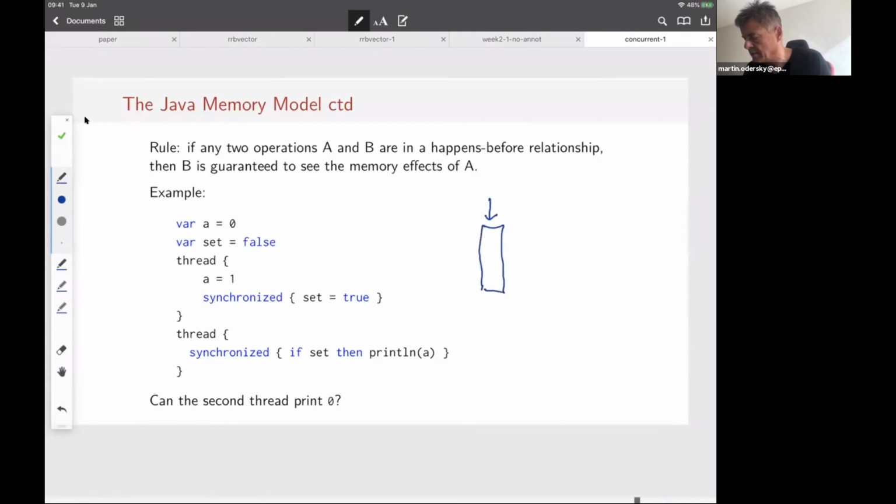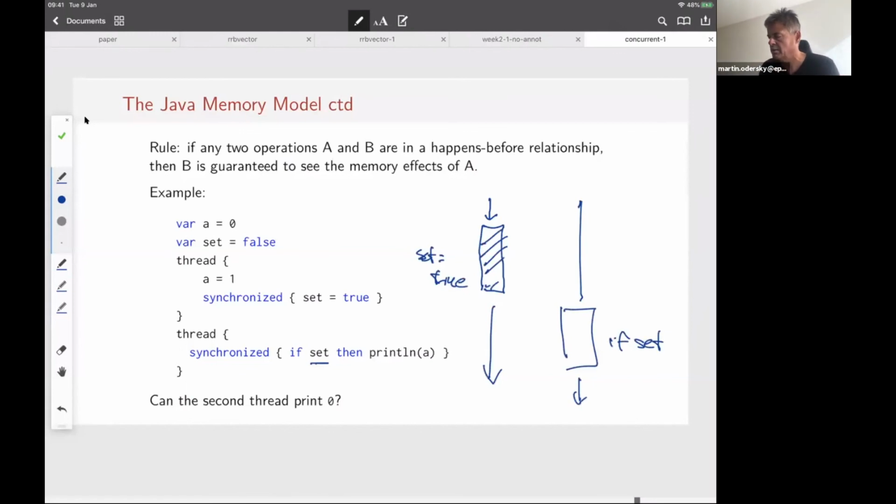Let's see. So if we have this situation, that's the first thread, that's the second thread, then we have here the synchronized block where we set equals true. And here we have the synchronized block where we ask if set.